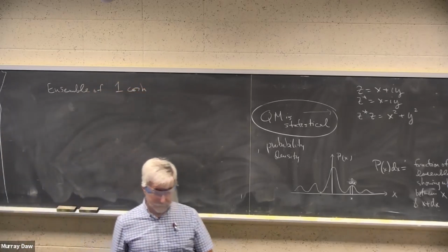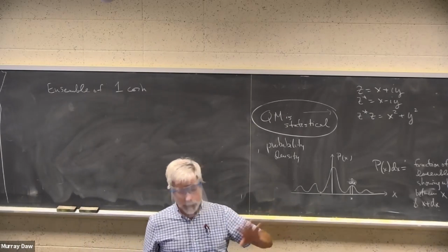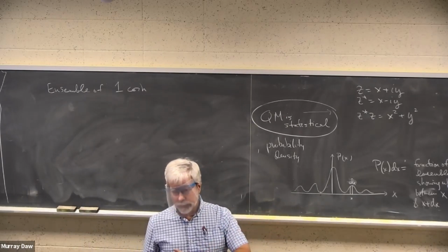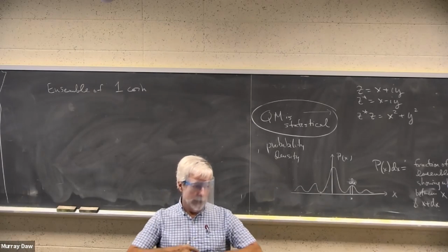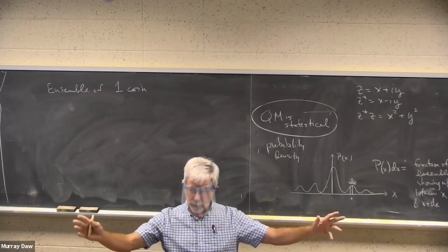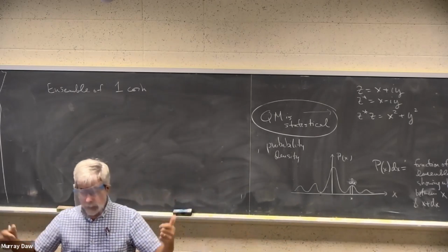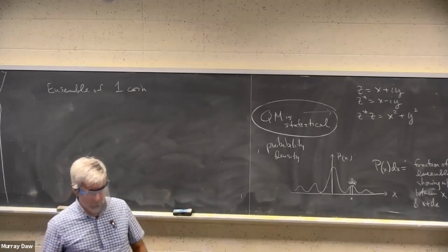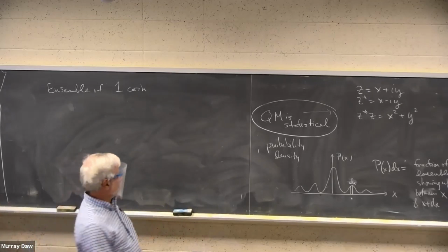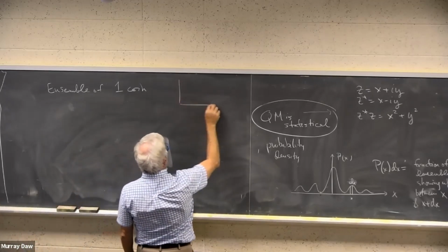And so which means to make an ensemble, I have to give each person a point. And I want a lot of samples. So let's do this for everybody in the country. Everybody flips his coin and reports in. I'm going to get tails, I'm going to get heads. So we're going to make a distribution.